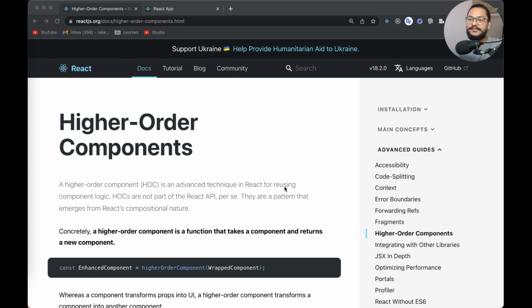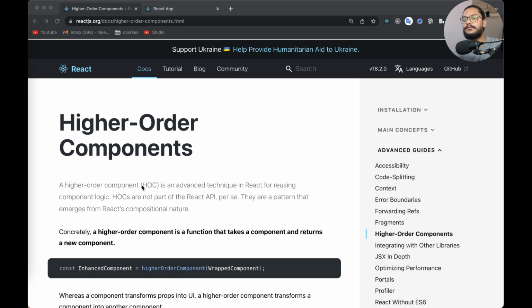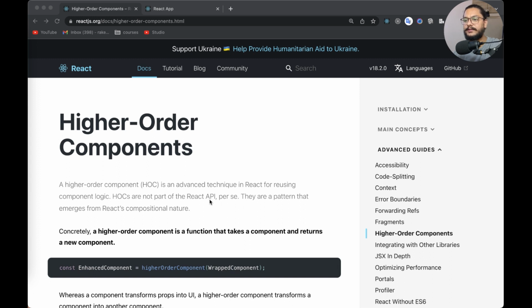Let's come back to our demonstration. Even if you go to the documentation, you would be able to read about it. Higher order components are highly used to create a concept of reusability, right? Whenever we talk about reusability, higher order components are one of the ways in